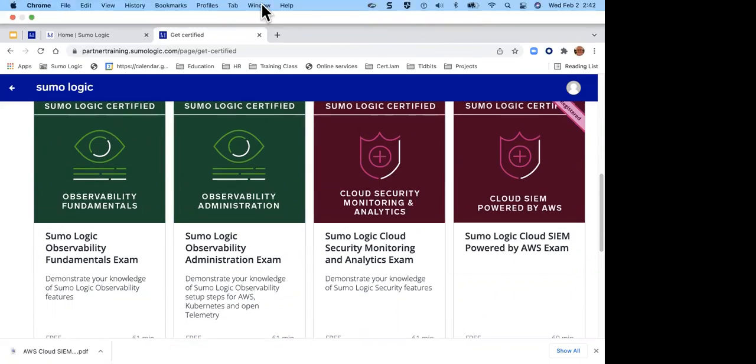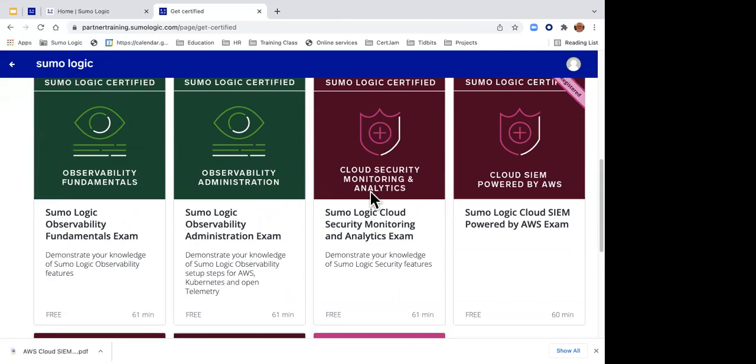And again, what I want you to do is go to that partner training site, and hopefully you